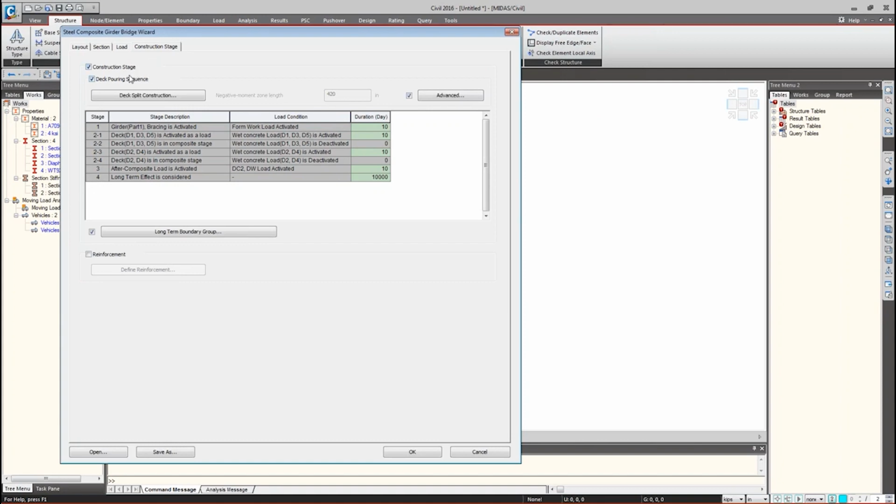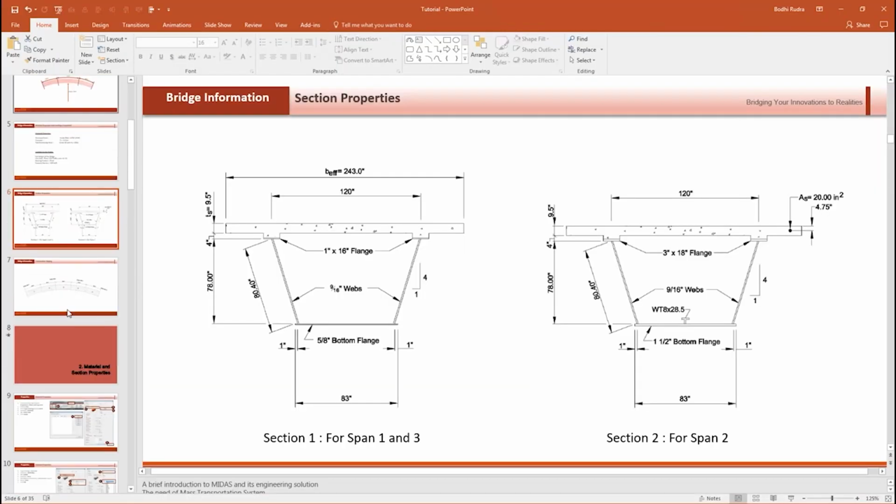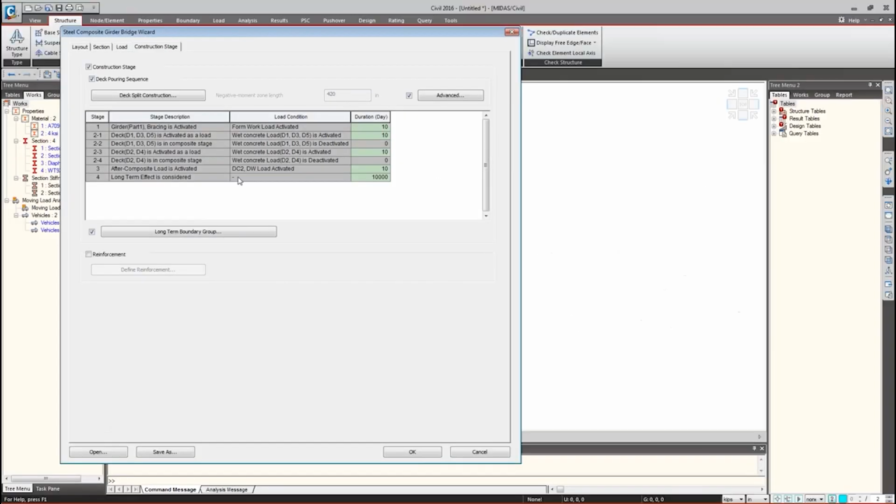analysis, I showed you a layout, right? So we go to the layout again. So we have a layout in such a way. So we have to define these negative moment zones, right? So in order for the software to decide a proper construction stage, we have to define all these things. So to do that, what we can do is that we can go to